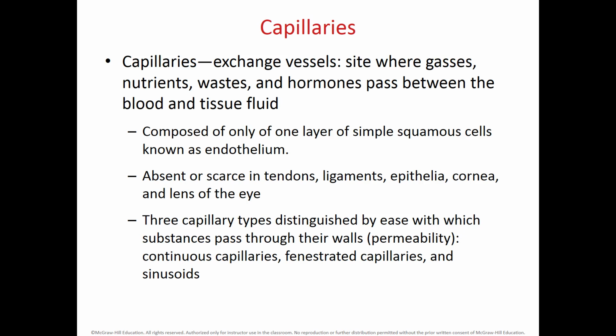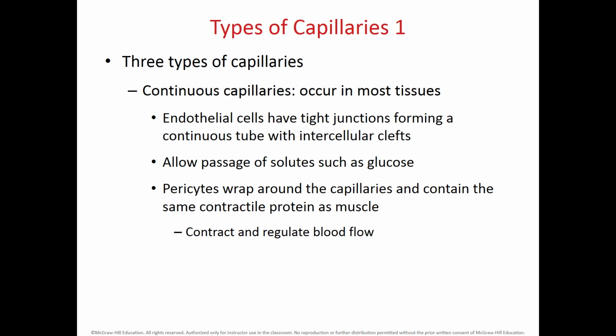We have different types of capillaries depending on how permeable they are. So we have continuous capillaries, which are not as permeable as the fenestrated capillaries, and we have freely permeable capillaries that are known as sinusoids. So let's talk about the characteristics of the